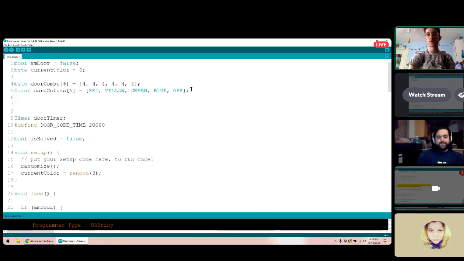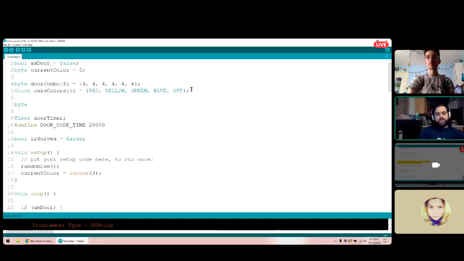I'm gonna stop sharing. If we have, we're gonna call it deck contents, right? Let's say for now, I'm going to say there's 10 of them. I'll explain why in a second. I think I know where it's going. And then I'm going to add a new card color, which is